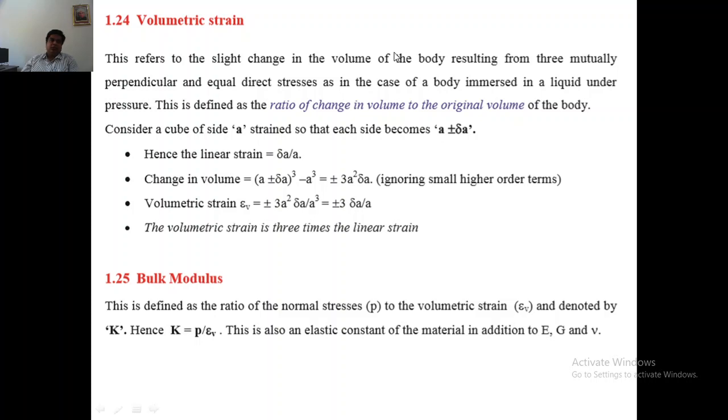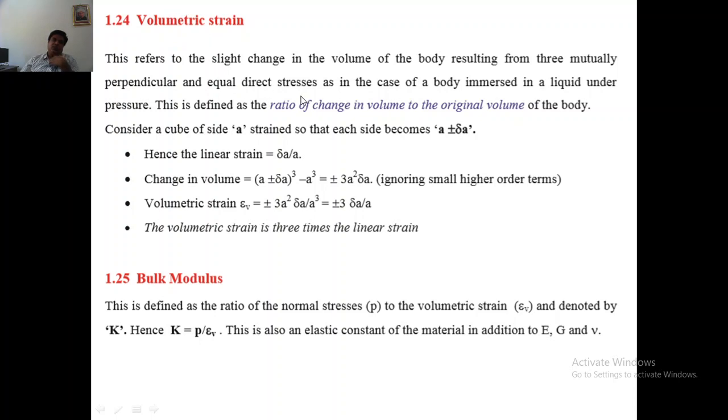So similarly, we have one more strain here. So until now we have seen the strain only in one direction, that is a linear strain, and also we have looked at strain in other directions y and z, and we calculated the Poisson's ratio. So similarly, sometimes the load is applied in all directions and it causes the strain in the volume of the material. So the whole body will be under strain. So that strain is called volumetric strain.